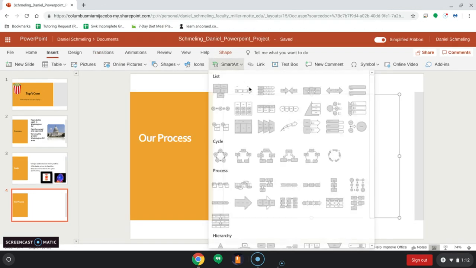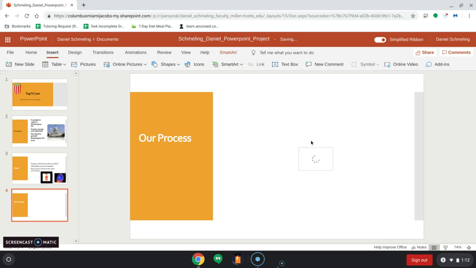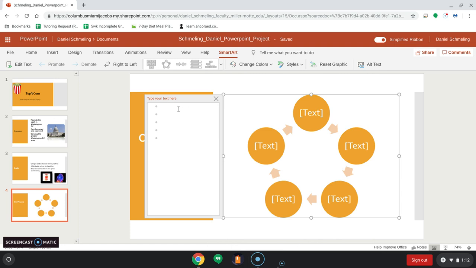SmartArt. And again, if you hover over it, it'll tell you what they are, right? So there's the basic cycle, right? Because it has cycle, basic cycle. You click it, it'll go in here. And then what it wants you to do is it wants you to just add that text to each one of these, right? So if we go back,